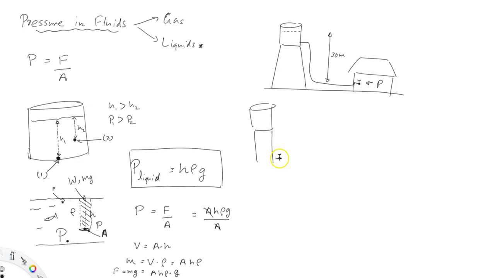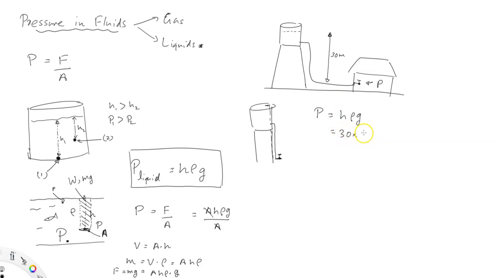I know it's a bad diagram, but you have the idea. It's connected like this, and the water column starting from here is all the way 30 meters. It's the same thing. You can have it somewhere else, but as long as the height is the same, it's going to have the same pressure. So the pressure at the faucet is H rho g,